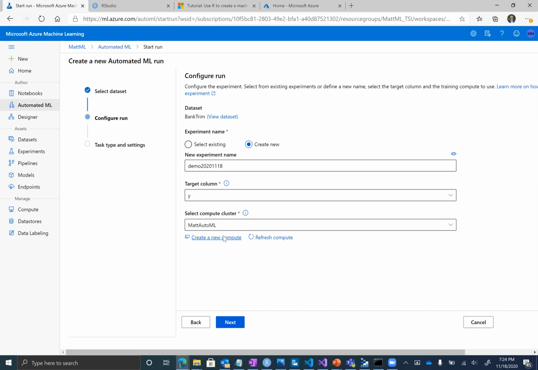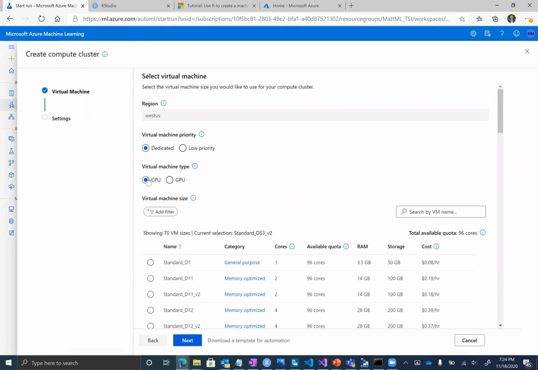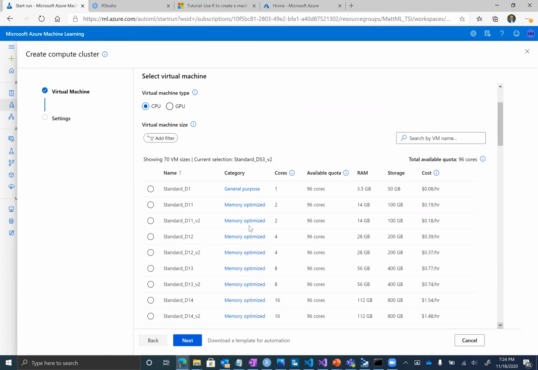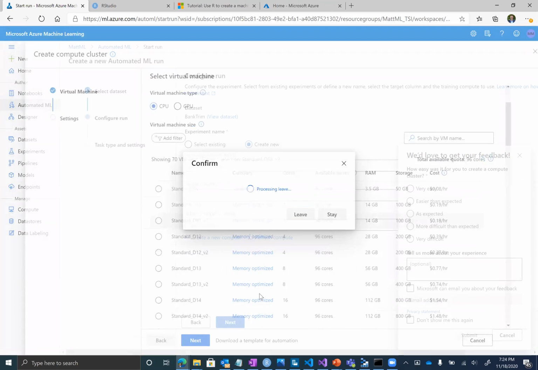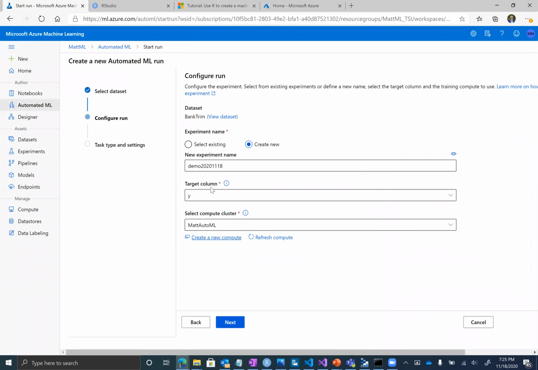Really easily, just by filling out a few things, like whether or not you want to use CPUs, GPUs, and so on. It gives you a quick idea of how much you're going to pay. And when I talk about the scale, you see here it's not really that expensive. These are some of the smaller ones, but as long as you're smart about turning them off, you're talking about $1 an hour or so for running these. It's not too bad. So we'll leave it, because I already have a compute. Cancel. Okay, so we have that, and that's really all that I necessarily have to do.